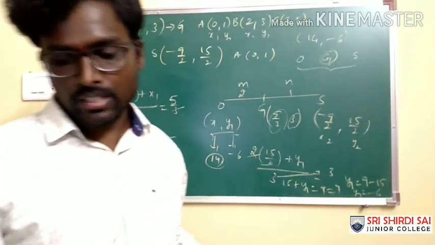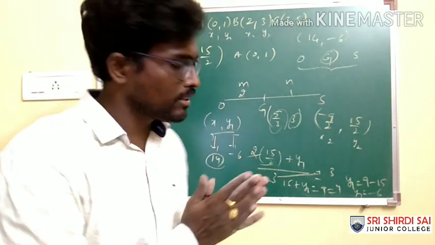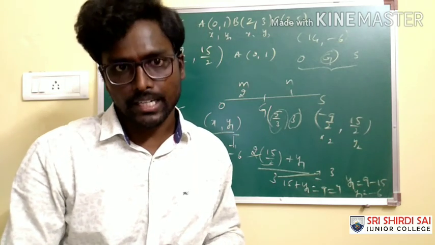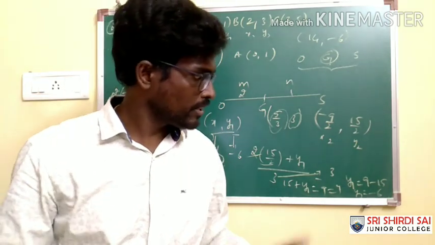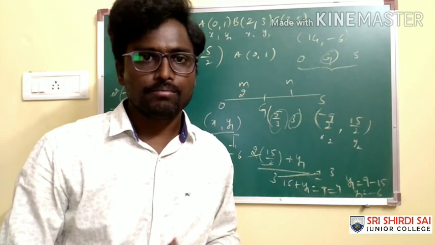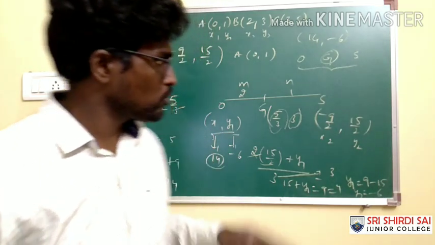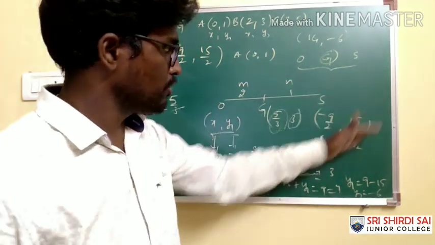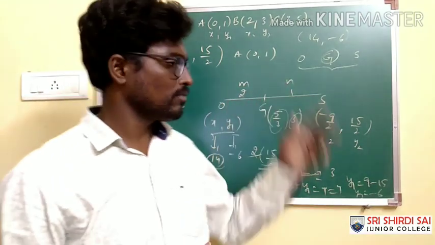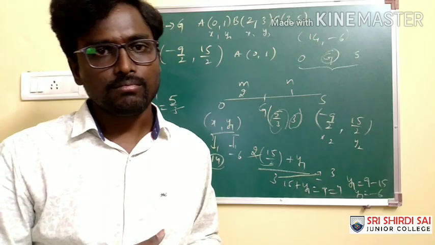I hope you understand. I have discussed this problem very slowly, and many problems are covered in this. Be careful in solving the applications and take care of signs. We'll be dealing with more applications in the further classes also. Please get in touch with the concepts regularly. Please note down such important points that you have not heard earlier. Here, what is the important point covered? G divides O and S in what ratio? 2:1 ratio. They are all collinear. Understand? Thank you.